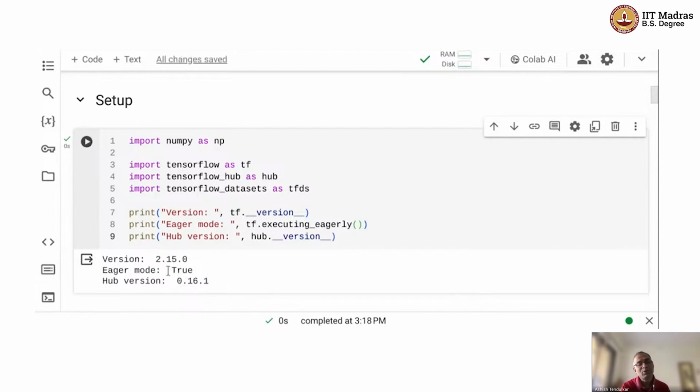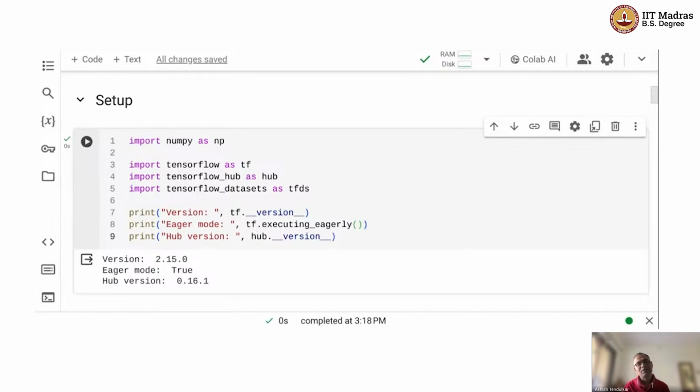So a small note about eager mode. In TensorFlow 1, what used to happen is that we used to first tell TensorFlow what computation we are going to do. That phase used to be called defining a computation graph. And then we used to run this computation graph under a session, right? So that was in TensorFlow 1, which many people found very unintuitive and very non-Pythonic. So in TensorFlow 2, what they did is they enabled eager mode execution. In eager mode execution, what happens is that